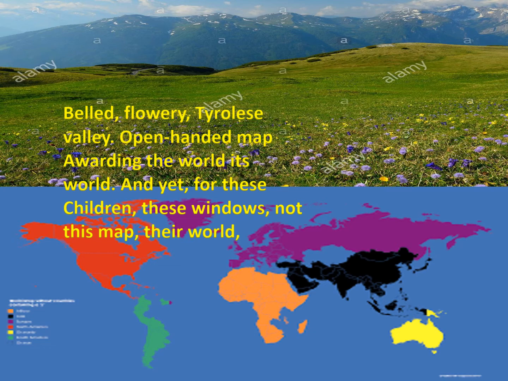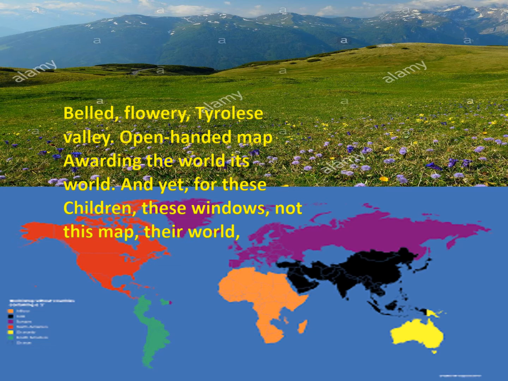They don't know about the bells, they don't know about the flowers, they don't know about this valley. Their lives were totally far away from these things. So what's the use of hanging it on the wall? Even there was an open-handed map, awarding the world its world. Even there was a map hanging on the wall, open-handed, which we can say was prepared by the rich people only, or drawn by